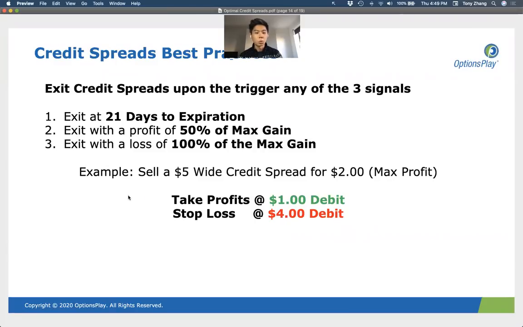A lot of questions about the 21-day rule. The 21-day rule really comes down to the fact that many investors have this view that time decay is fastest in that last 2 to 3 weeks. But what they don't realize is that when you have very fast time decay, there's an additional risk that you're taking on, which is gamma risk. And gamma risk starts to outweigh the acceleration in time decay in those final 2 to 3 weeks,